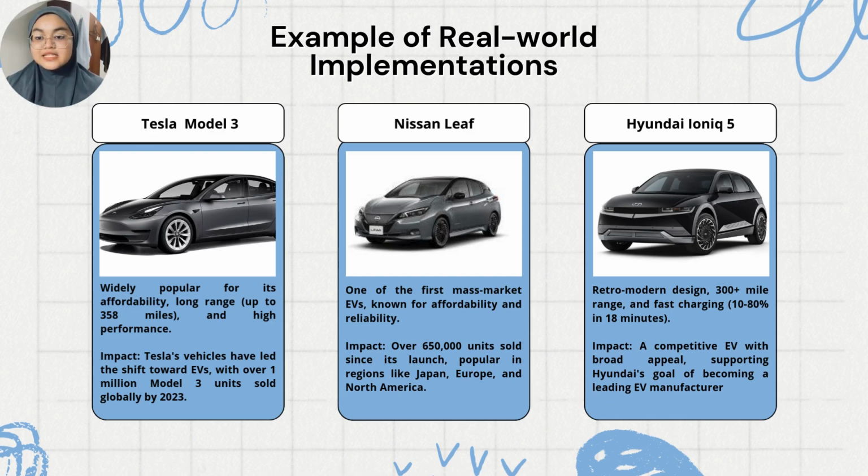So next is Nissan Leaf. It is one of the first mass-market EVs, known for affordability and reliability. It has over 650,000 units sold since its launch, popular in regions like Japan, Europe, and North America. The third one is Hyundai Ioniq 5. It has a retro modern design, 300-plus mile range, and fast charging. The impact of it is a competitive EV with a broad appeal, supporting Hyundai's goals of becoming a leading